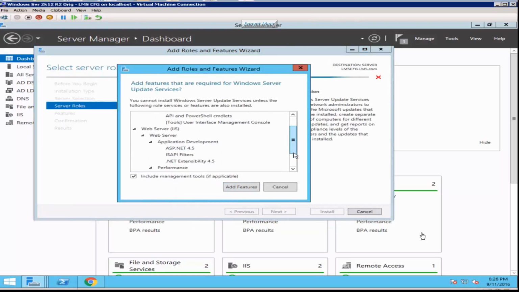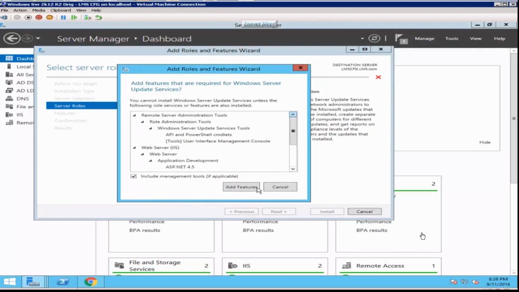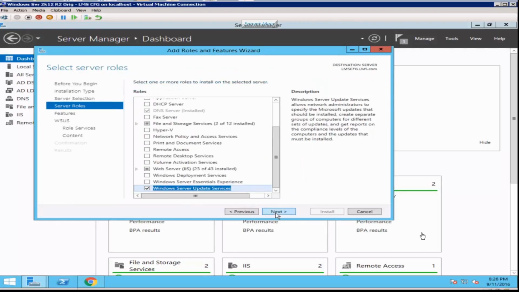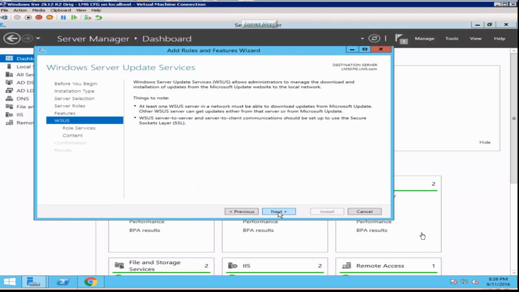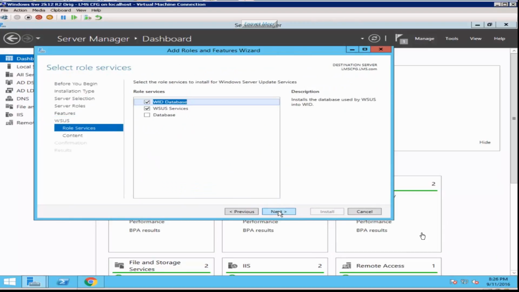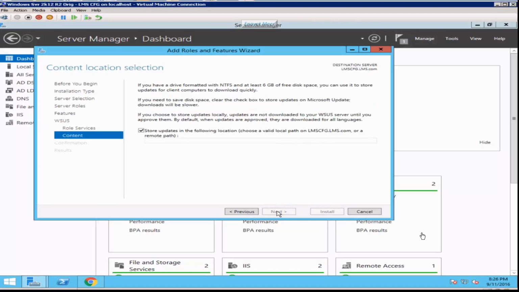So again, these are WSUS and all the requirements with WSUS. Once you install, you have to configure it, then you have to connect with a Microsoft server, like an upstream server, where you can directly get all downloads. This was a WID, a Windows Internal Database.